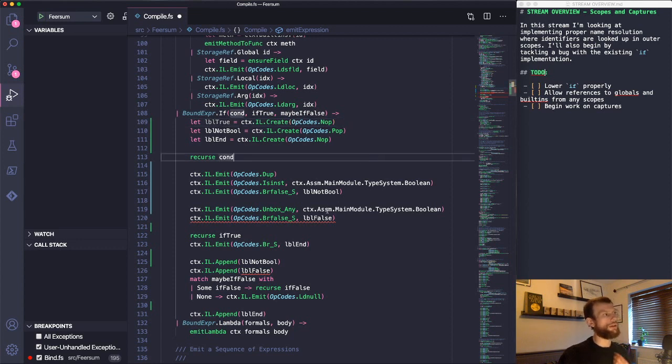The problem we've got here is that we want to fall through this branch if the thing we want to be jumping to is the truthy thing, because we want to jump in both cases to that, or